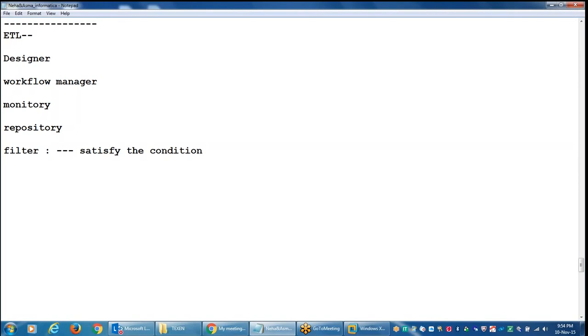That is the filter transformation. For example, in the employee table, the department number column is there, right? If you observe here, in the department number column we have department number 10, department number 30, and department number 20. Now, when we are loading the data into EMP, suppose EMP is the source table and EMP_FILTER is the target table.